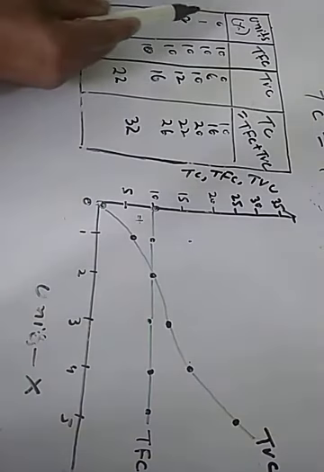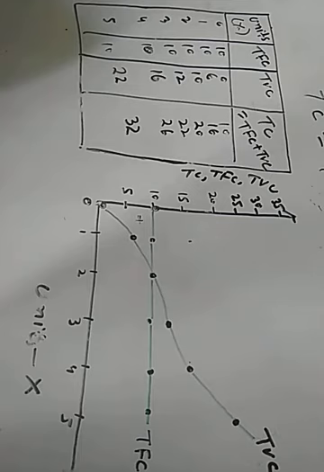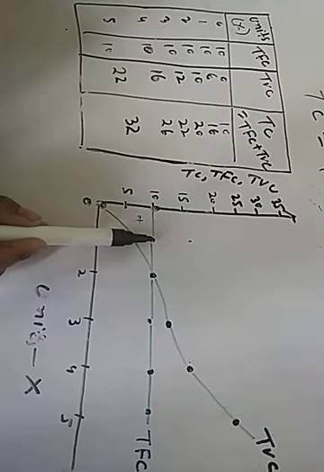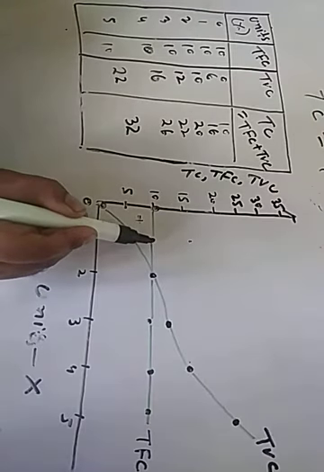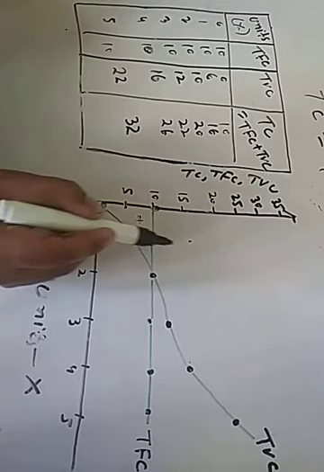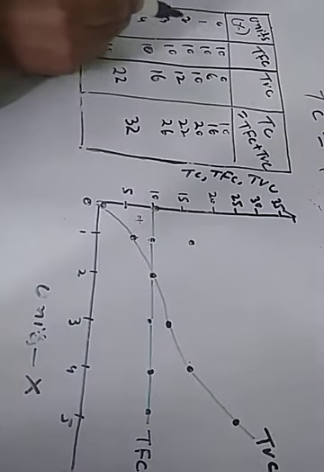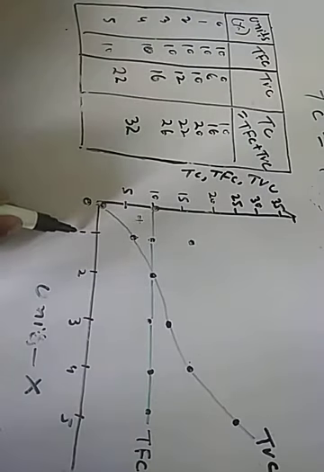Now when level of output is 1 unit and total cost is 16 rupees, which is the vertical addition of these two cost curves. 10 is total fixed cost, and this point shows 6 rupees total variable cost, because it lies on total variable cost, and addition of this and this will give us 10 plus 6 is equal to 16. 16 will lie here, sorry, for the first unit.